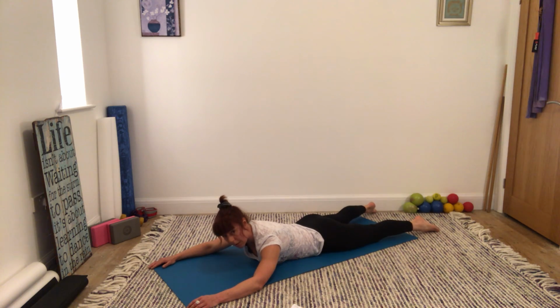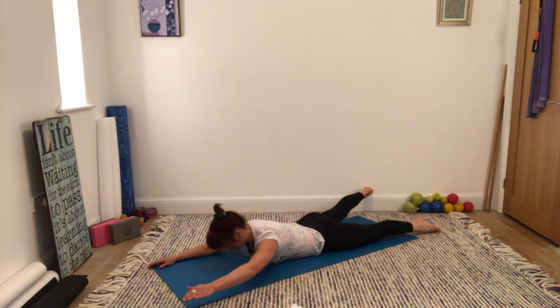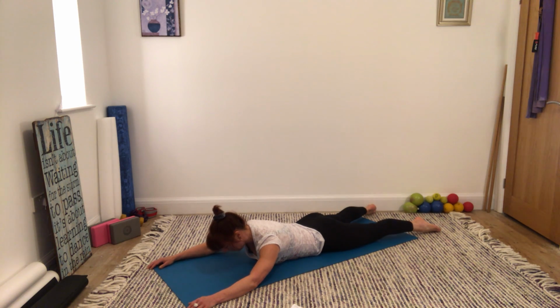Push your pubic bone into the mat. Stay connected at the front of your body. Pushing down slightly on opposite hand and leg, opposite arm and leg. Lift the other side, opposite arm and leg, and then lower and swap. Push down slightly in the floor before